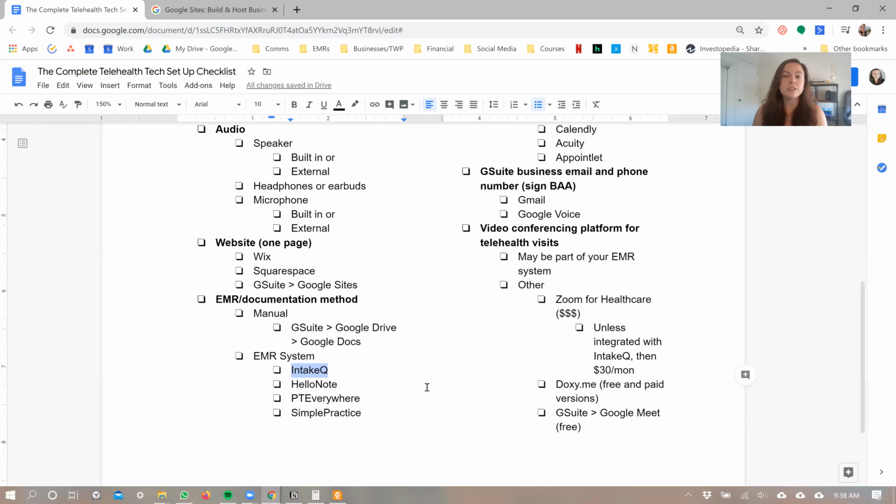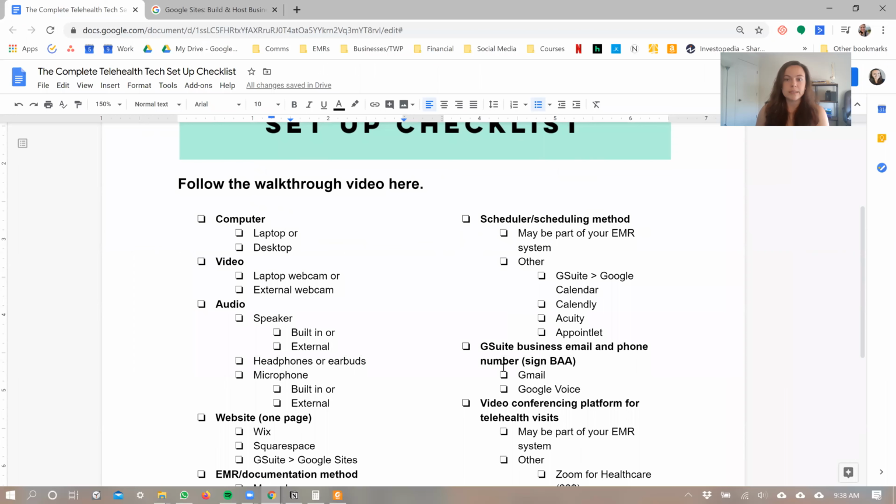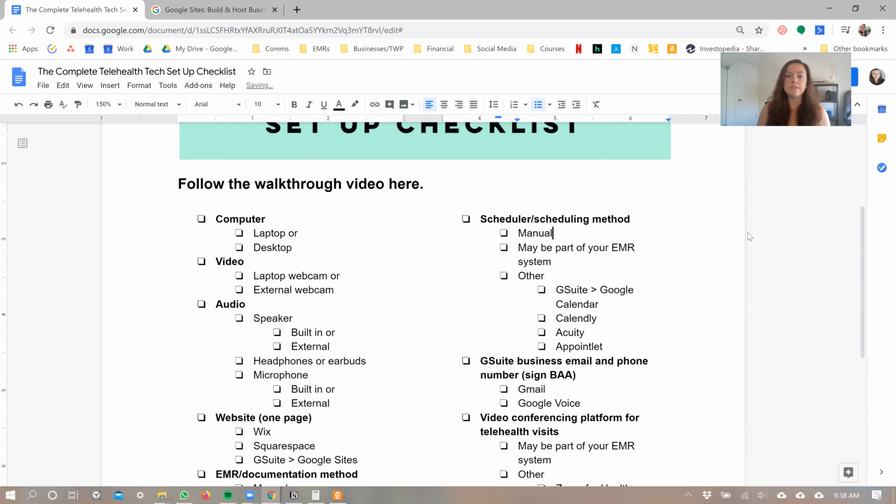They all have a lot of features, so I'd recommend looking these up and seeing if any of these would work for you. But if you want something pretty simple and cheap to start off with, then I would recommend this. And then moving on to scheduling, I forgot to put this on here, but obviously you can